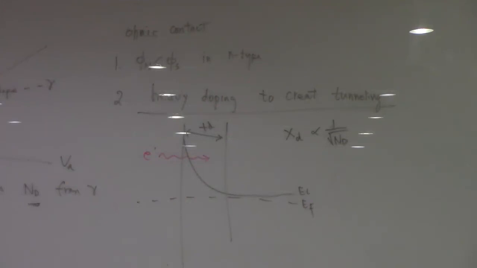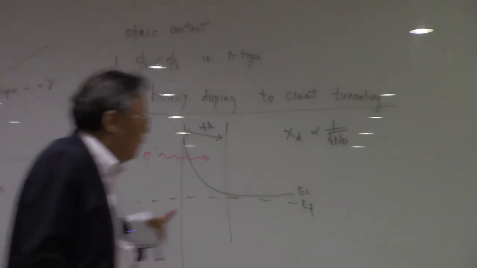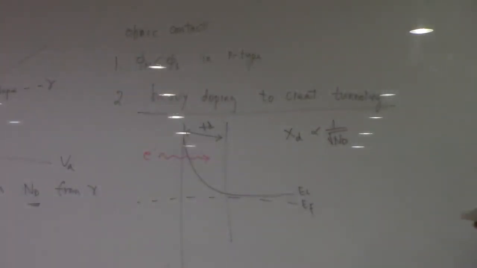So even though it is a rectifying contact, you can have the tunneling through this mechanism. And this is very important in semiconductor devices, because when you make a contact of a semiconductor device,